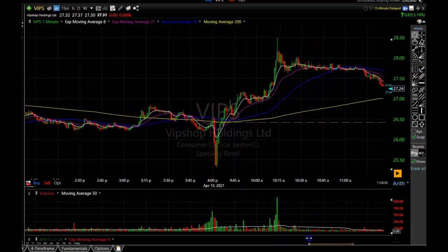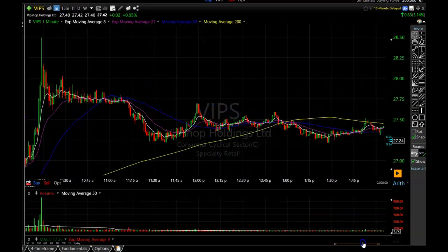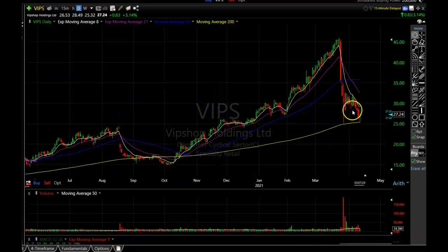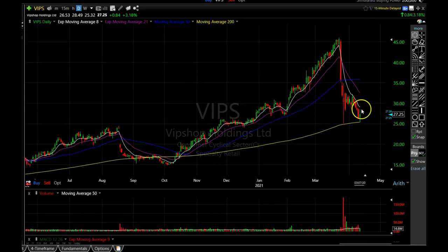I don't think this one has options. Maybe it does. This would have been a fantastic options play if it did, but you can see this thing ran up over 10% in a little over half an hour, so just a fantastic bounce on this one, and I think that this one's probably got a little bit more left in the tank. I wouldn't be surprised if this one does get way up here to the 8-period exponential moving average, right around $29 or so. Of course, that's probably going to drop a little bit tomorrow,